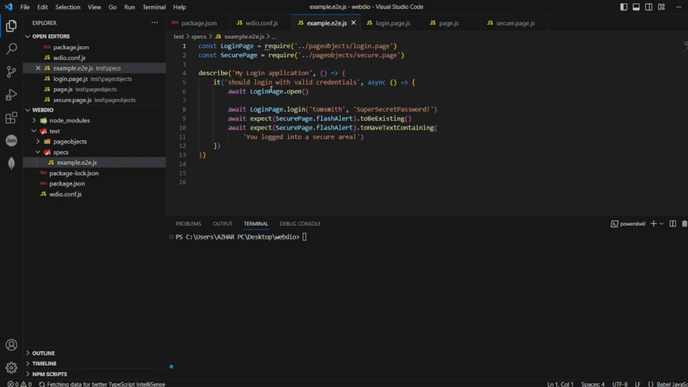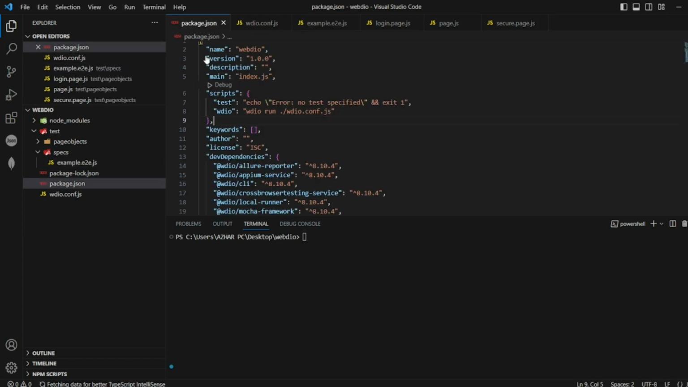How do we run this? So if you see the package.json, there is a command wdio. If I run npm run wdio,